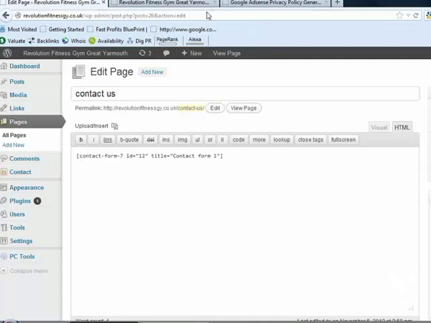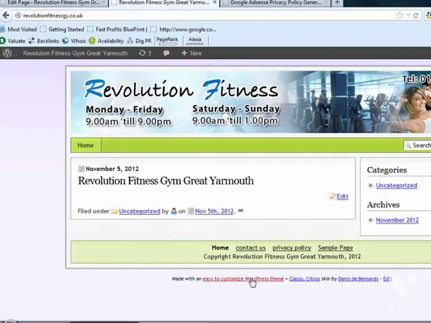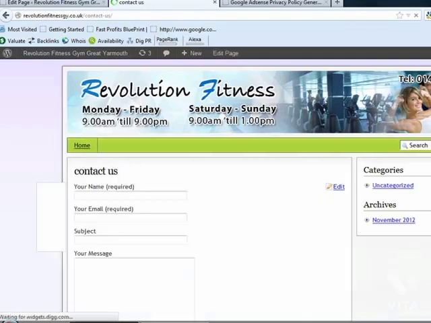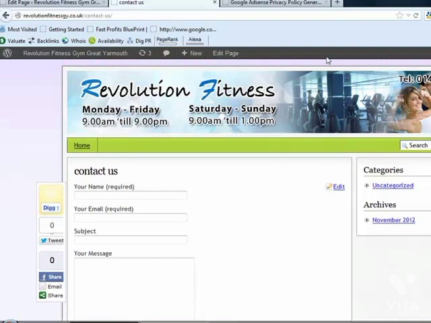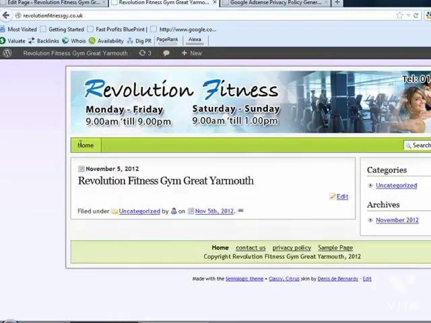And then when you do that, what will happen is a page will appear in your footer, and when you go to Contact Us, it will give you a nice professional looking page where people can fill out the form and click submit, and you'll get an email. So that's how you do the Contact Us, but you do need to make sure that you have the correct